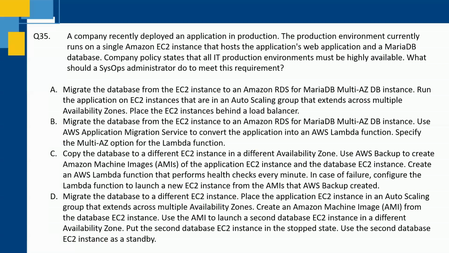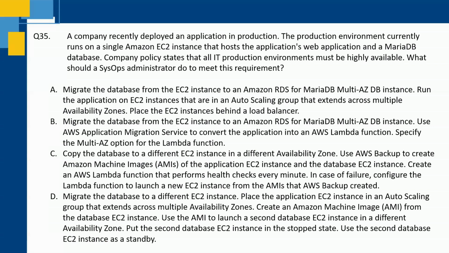Use AWS Application Migration Service to convert the application into an AWS Lambda function. Specify the multi-AZ option for the Lambda function. Option C: Copy the database to a different EC2 instance in a different availability zone. Use AWS Backup to create Amazon Machine Images of the application EC2 instance and the database EC2 instance. Create an AWS Lambda function that performs health checks every minute. In case of failure, configure the Lambda function to launch a new EC2 instance from the AMI that AWS Backup